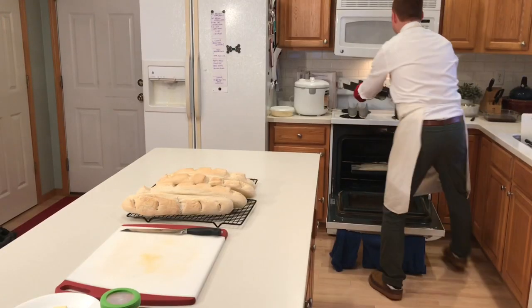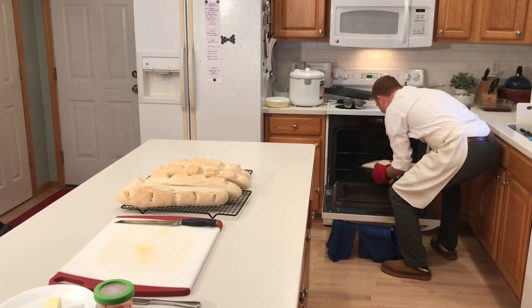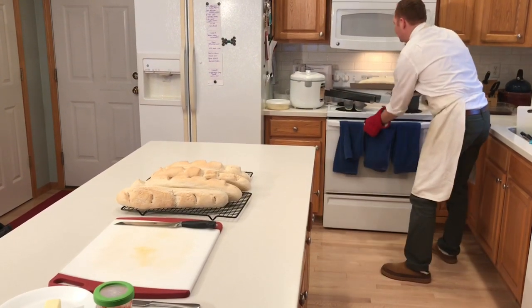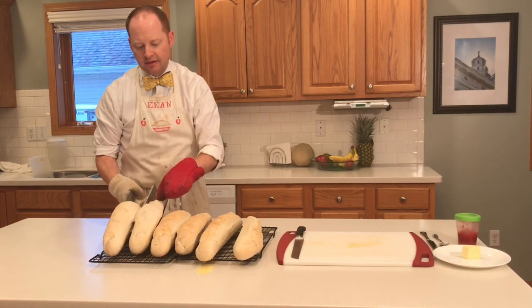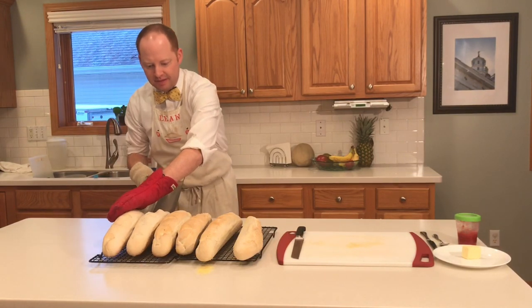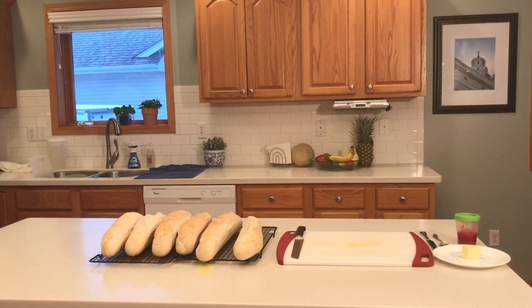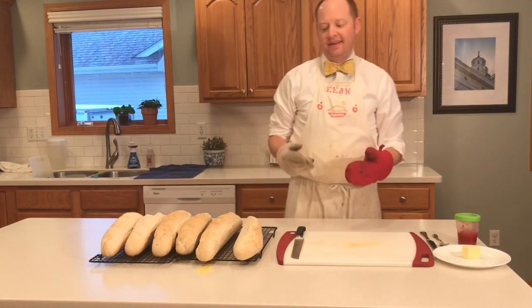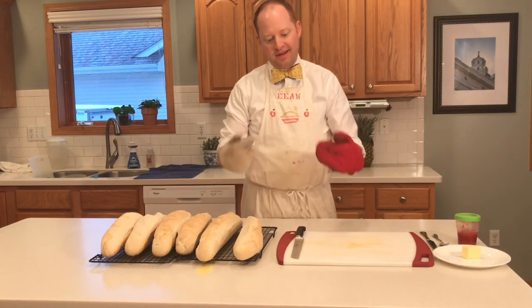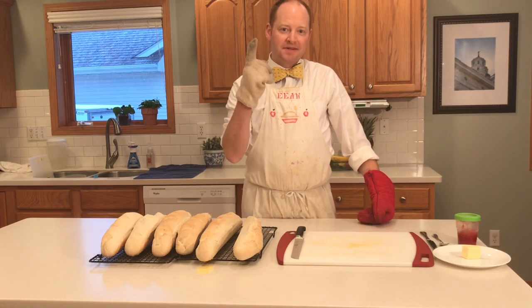Beautiful, absolutely beautiful. And you'll notice that the loaves on the bottom brown just a little bit less because they're not as close to the element on top of the oven. Maybe that's just our oven. Oh, that is beautiful. Now, I mentioned earlier that revealing the loaves from underneath the rising cloth was my 2nd favorite part. My 1st favorite part